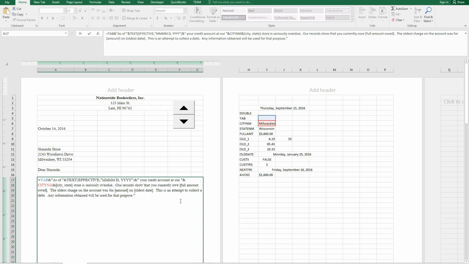Okay, and then I'm going to concatenate with a comma, space, and state name, and double quote, and we'll end right there. So it says store, currently O, double quote, and we'll say owed. What's the full amount we owe? Full amount, concatenate, double quote, start the period. The oldest charge on the amount was 4, double quote, and old one,